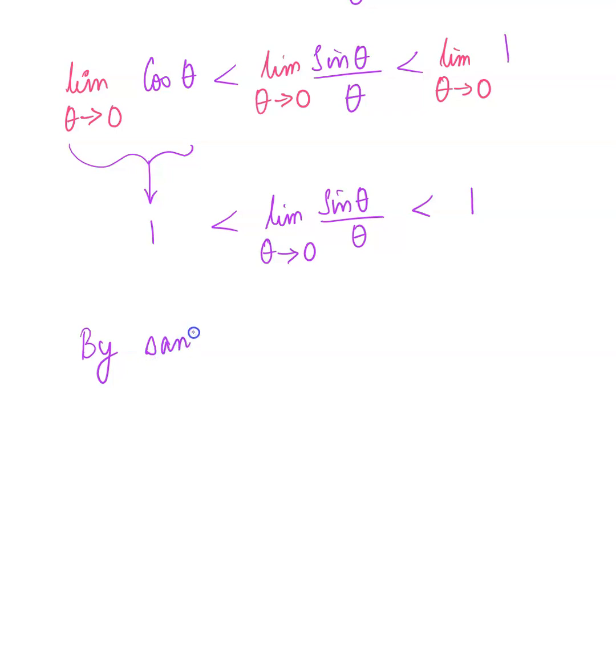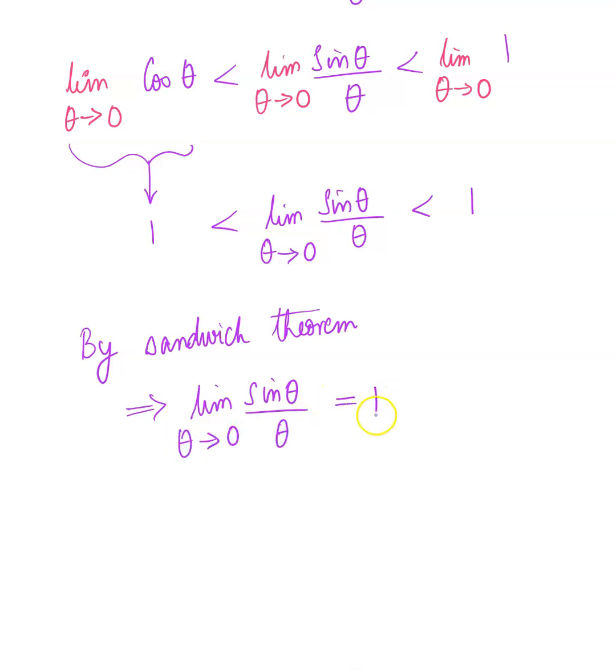By sandwich theorem, or squeeze theorem, we see that limit sine theta over theta as theta approaches 0 is sandwiched between two ones, one on the left and one on the right. That means limit sine theta over theta as theta approaches 0 equals 1. Thus proved. Hence proved. So that is how I gave you a derivation for this particular one using combination of trig, geometry,